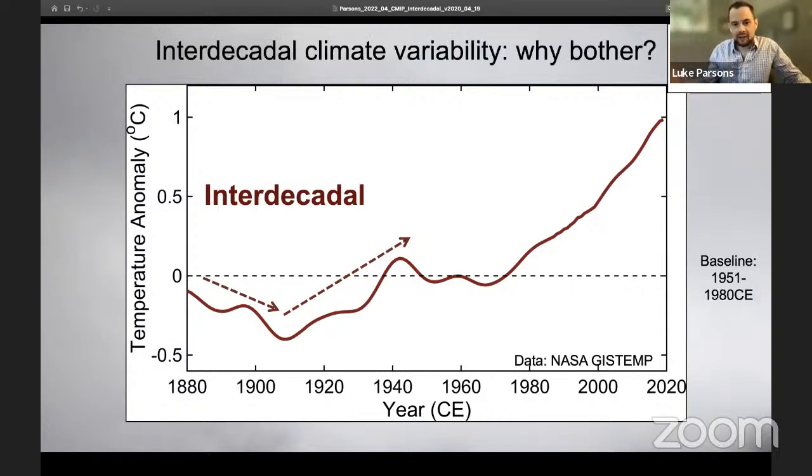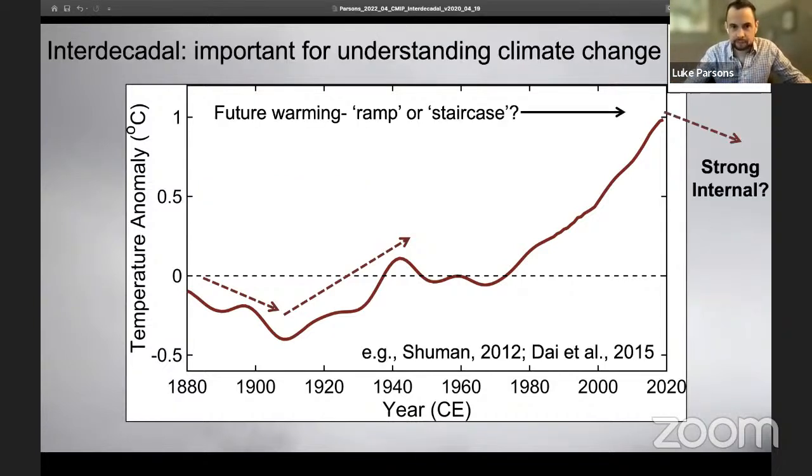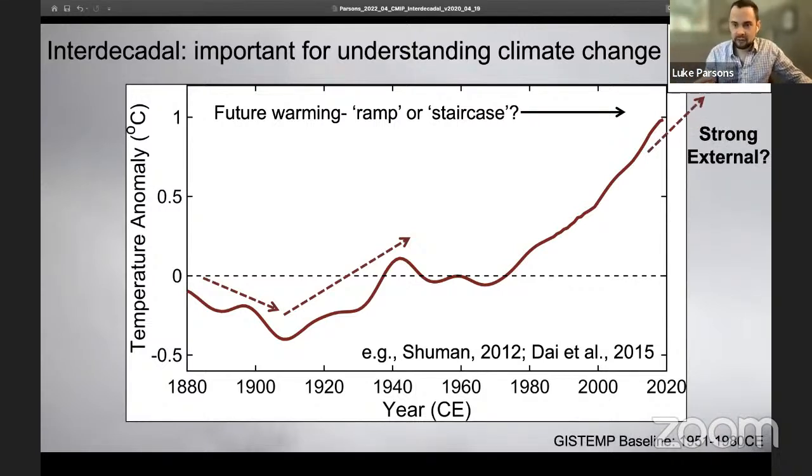And you might think, well, this is kind of long time scale type variability. Why should we bother understanding it? First of all, if there's really strong internal climate variability and we impose a warming trend on this strong internal climate variability, global or local warming can proceed rather jaggedly, or kind of like a staircase, where you could have time periods where you have warming that slows down and then it reaccelerates. By contrast, if you have really strong external forcing in the presence of very little internal variability, maybe just every year gets a little bit warmer than the last.